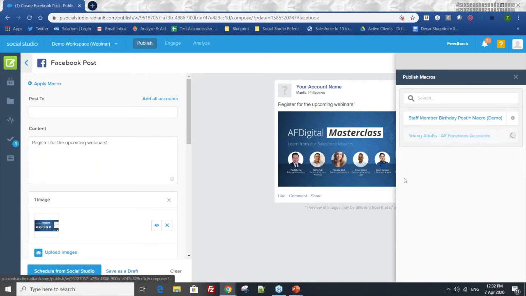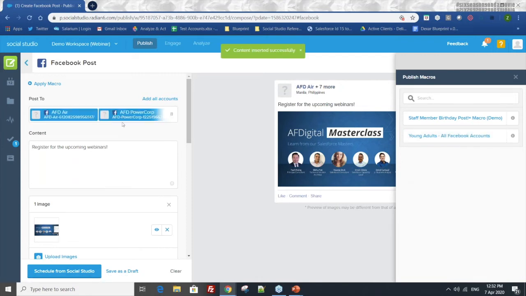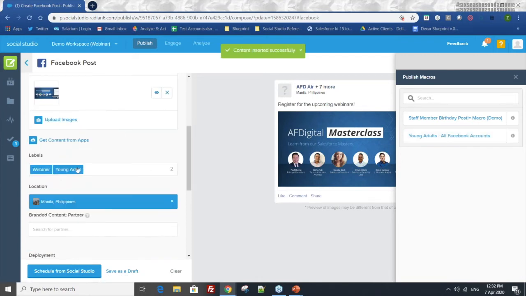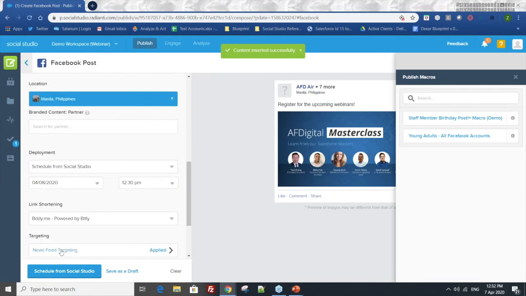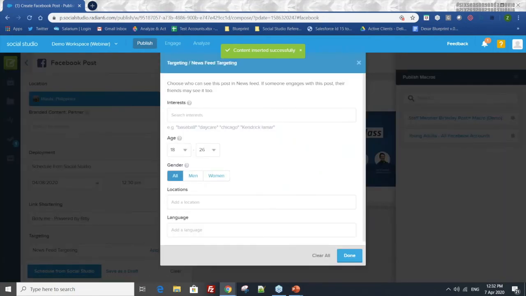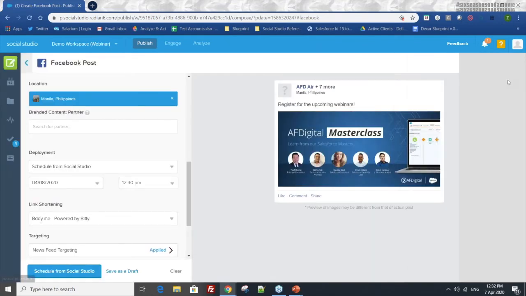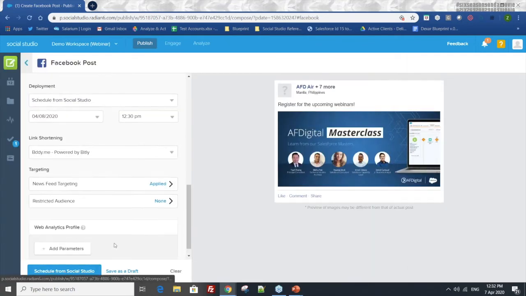Once I click that, it's going to add all those social accounts, set that young adult publish label, and apply the different settings I have for targeting. So once I apply that and hit schedule,